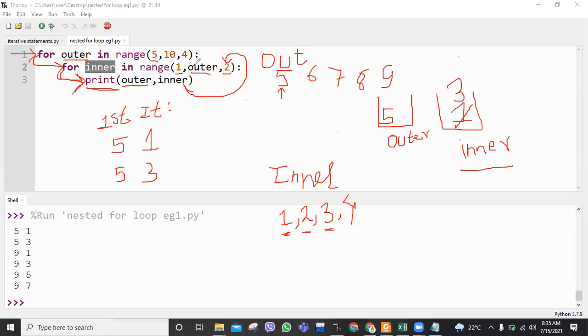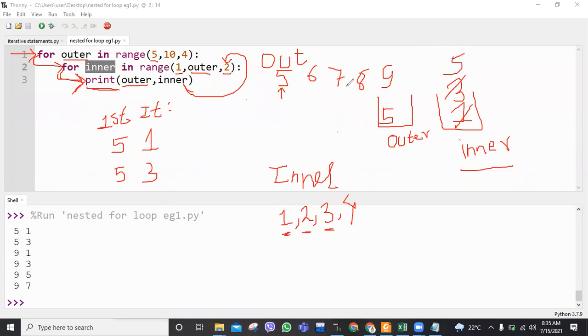Now again, the same thing repeats because this is a looping statement. It keeps on iterating until the range values get over. In the next iteration, the inner value will be incremented by 2, that is 3 plus 2 will be 5.